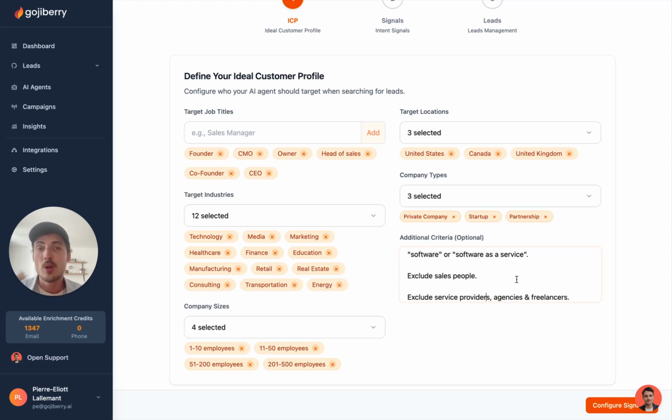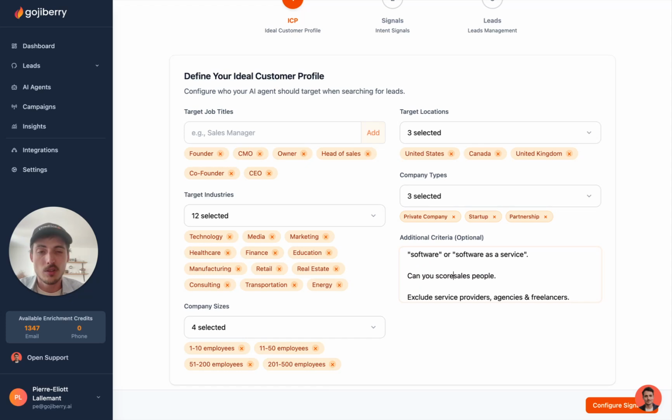When we send a lead to the AI, it's going to score the lead based on the profile fit and the intent. And so there will be a score, and if the lead has a very low score, it's not going to show up on your dashboard. It's going to be deleted because it's a lead that you don't want. So what you can do is, instead of writing "exclude salespeople", the best way to do it is,